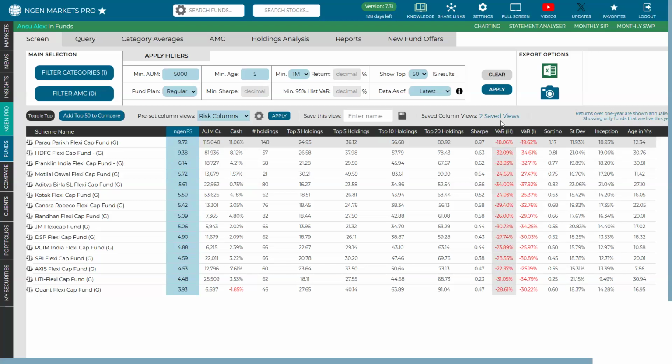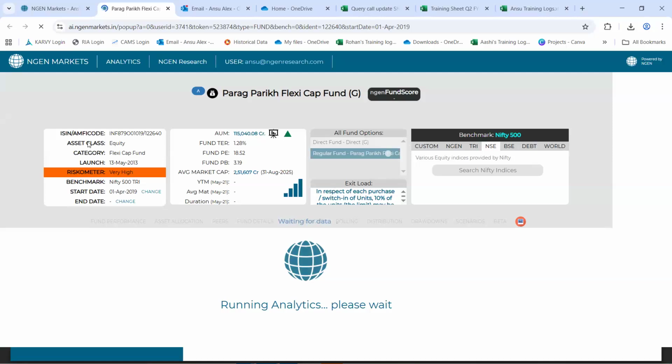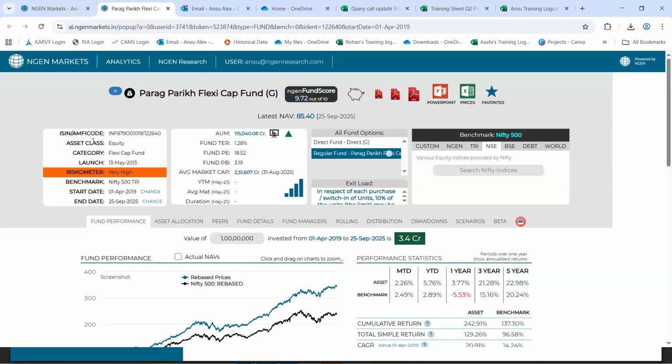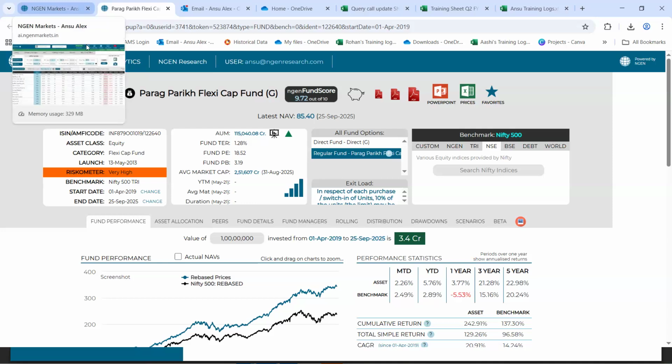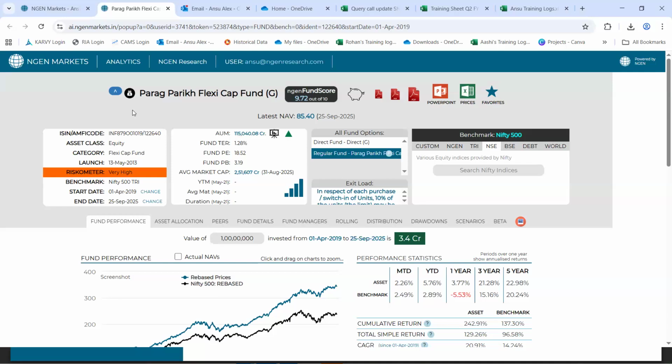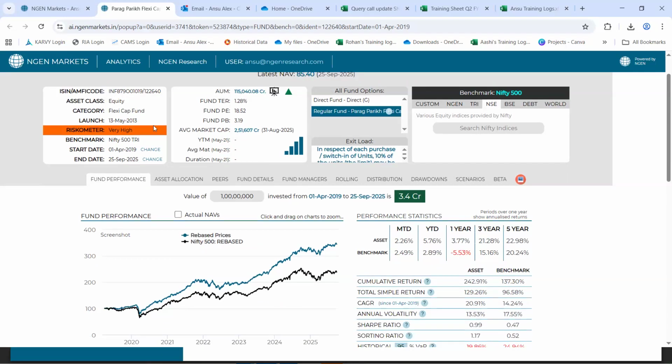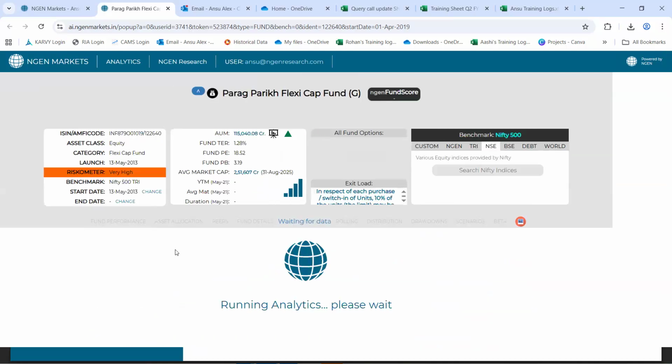Now, in order to understand this value at risk in detail, how it is performing against its benchmark, we will now go forward with a single fund analysis. For that, I'm simply clicking on this Parag Parikh FlexiCap fund name, and it will redirect to a single fund analysis page. Now, this being a single fund analysis, as I mentioned, we are viewing everything in the fund section since its inception. We can also verify it on single fund analysis as well, wherein I'm just going to change this start date and click on this inception date.